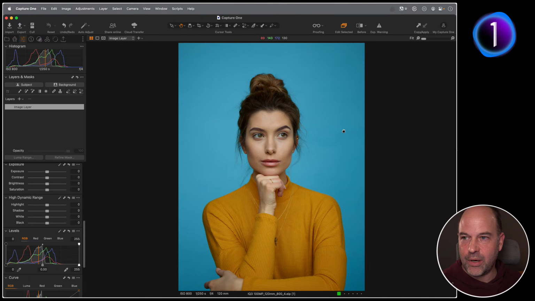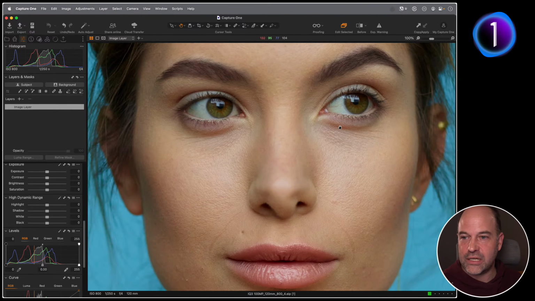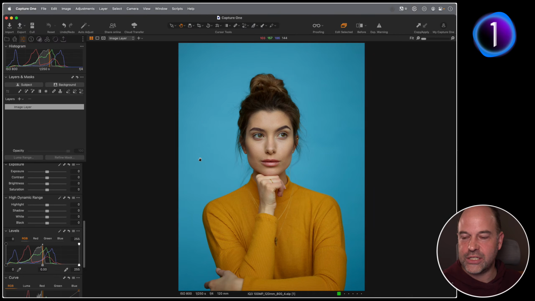A question that came up this morning too was talking about retouching. So how can I retouch in Capture One, which you can't really in the same way that you would want to do in Photoshop. But I would say, what do you want to deliver to Photoshop? What do you want to give yourself the best starting point in terms of retouching? So let's talk about the background first, and then we'll talk about retouching stuff.